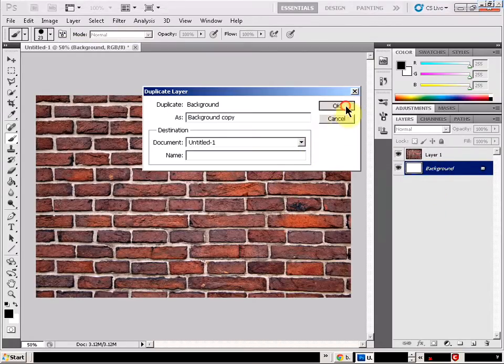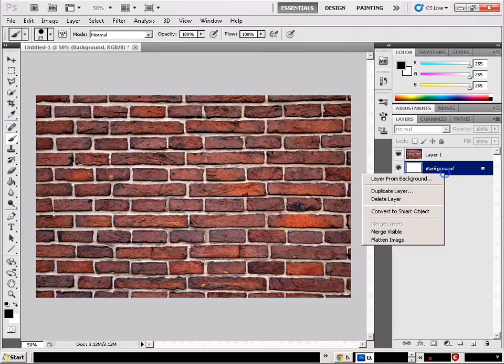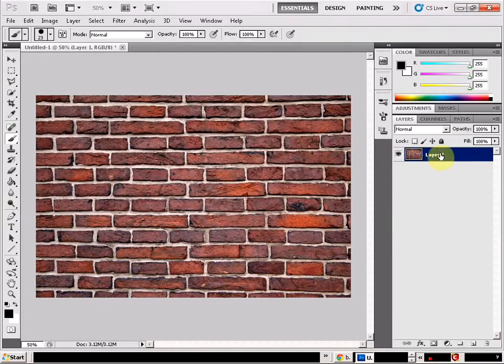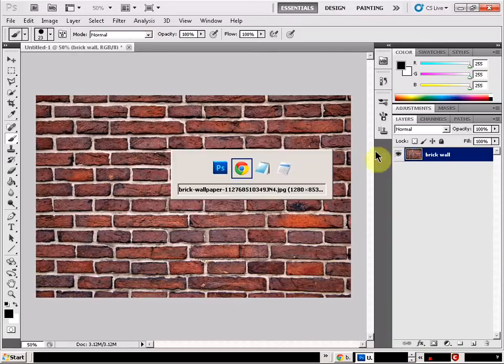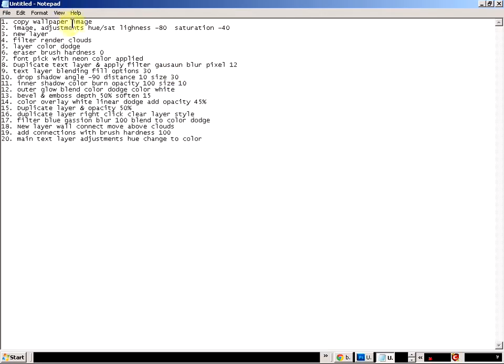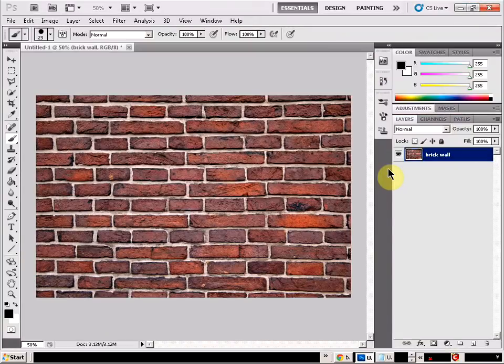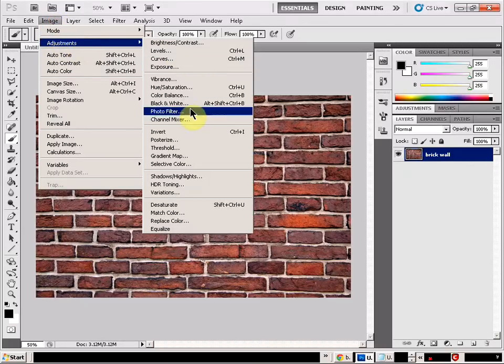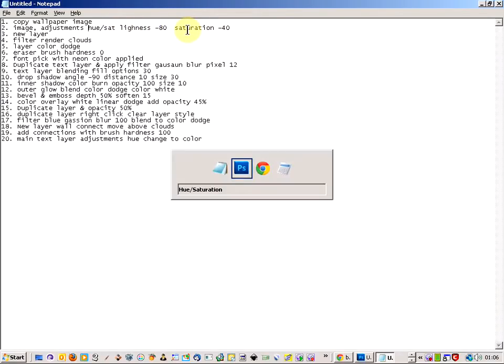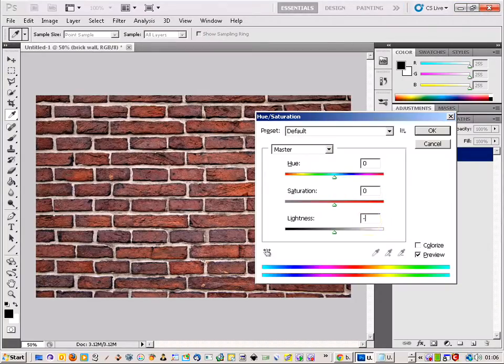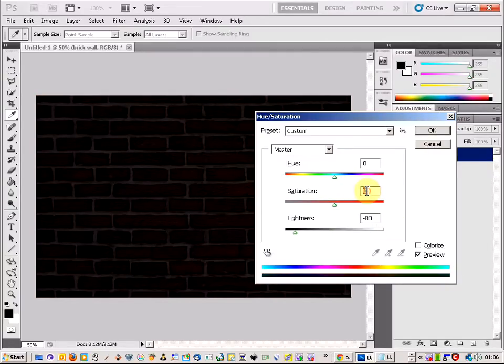Now, first thing I do is just delete the background layer there, and we can just deal with our main layer here and just call this brick wall. So next thing to do is, if you come up to image and click adjustments and then click on the hue saturation, you've got a couple of settings here that you can change. The lightness should be down to -80 and the saturation should be down to -40, and we just click OK